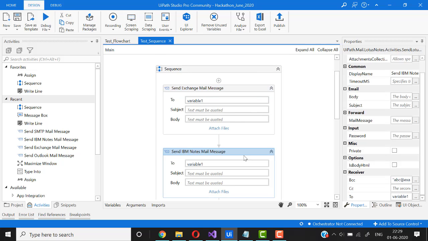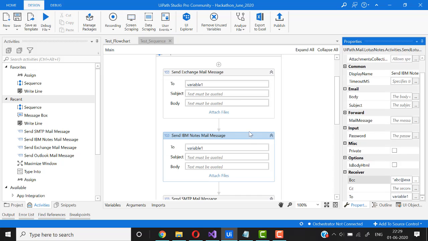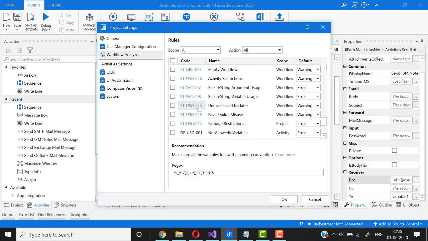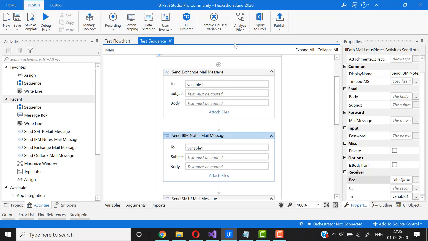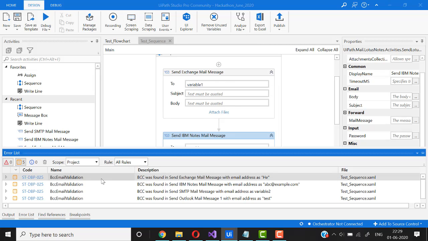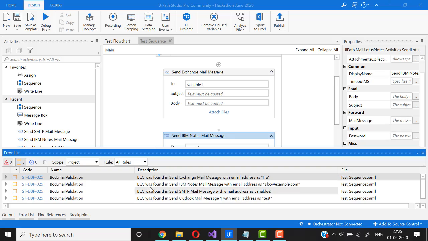I've given a sample string, let's say abcd@example.com. To show you how it works, we'll go to the Workflow Analyzer settings and check the BCC email rule. This is the one. We'll press OK and analyze the file. Yes, we can see that all the activities over here have a BCC.